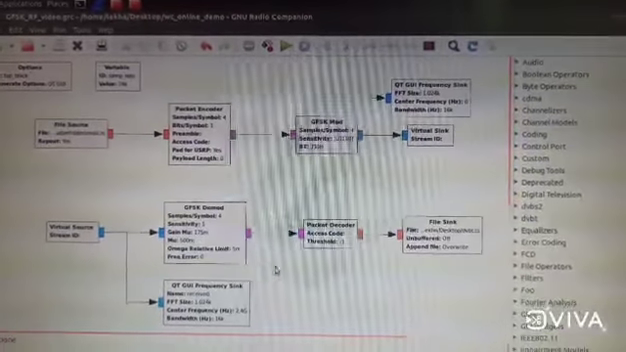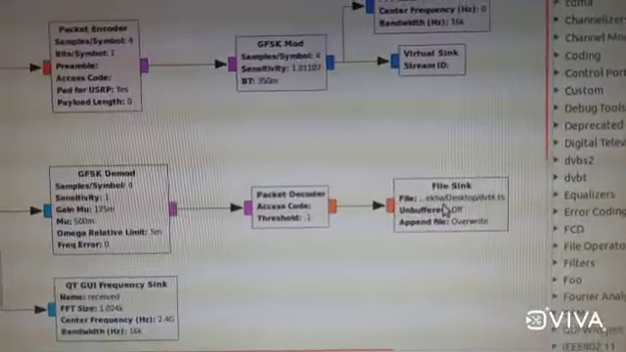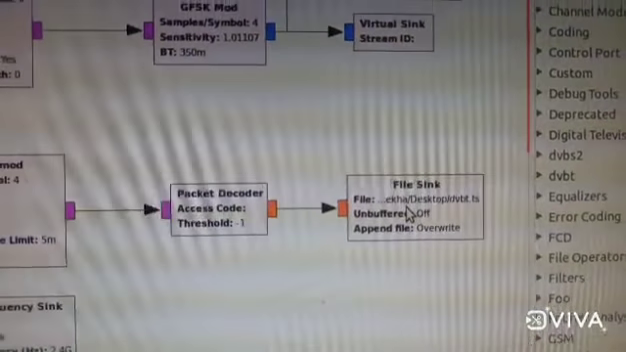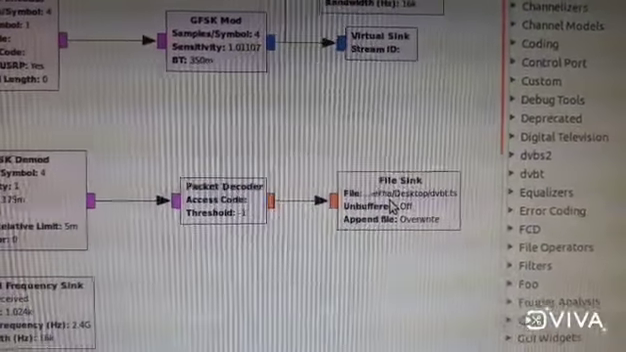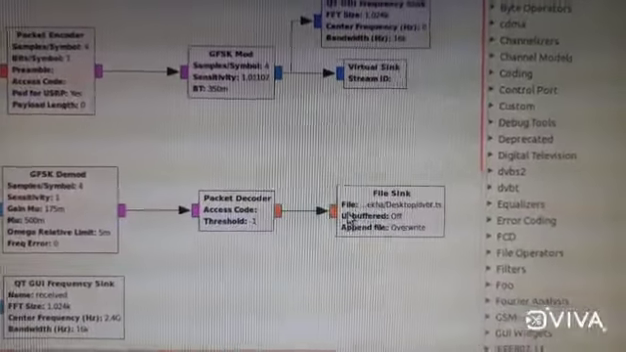The only difference is that in place of the audio sink we need to use the file sink, which receives the video signal. So here we need to give